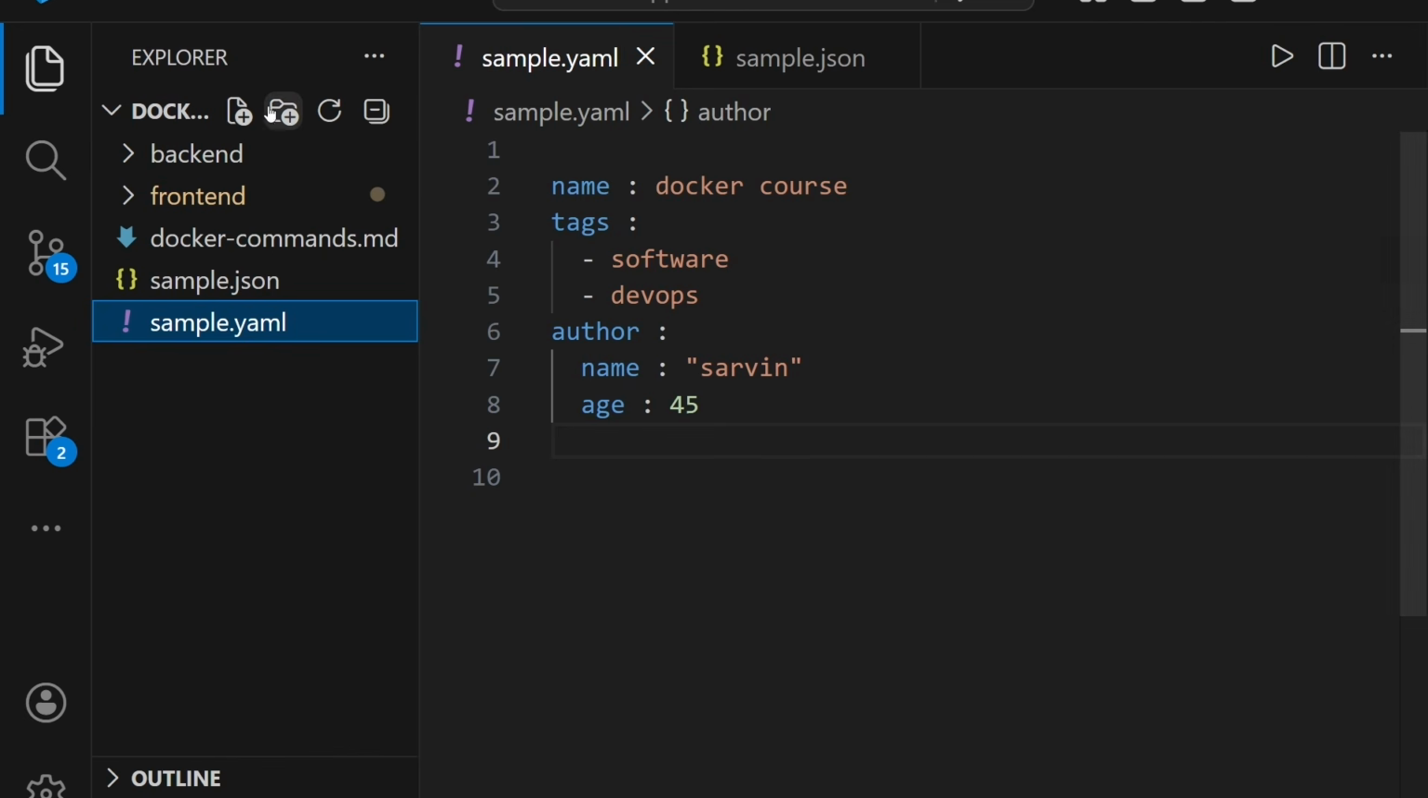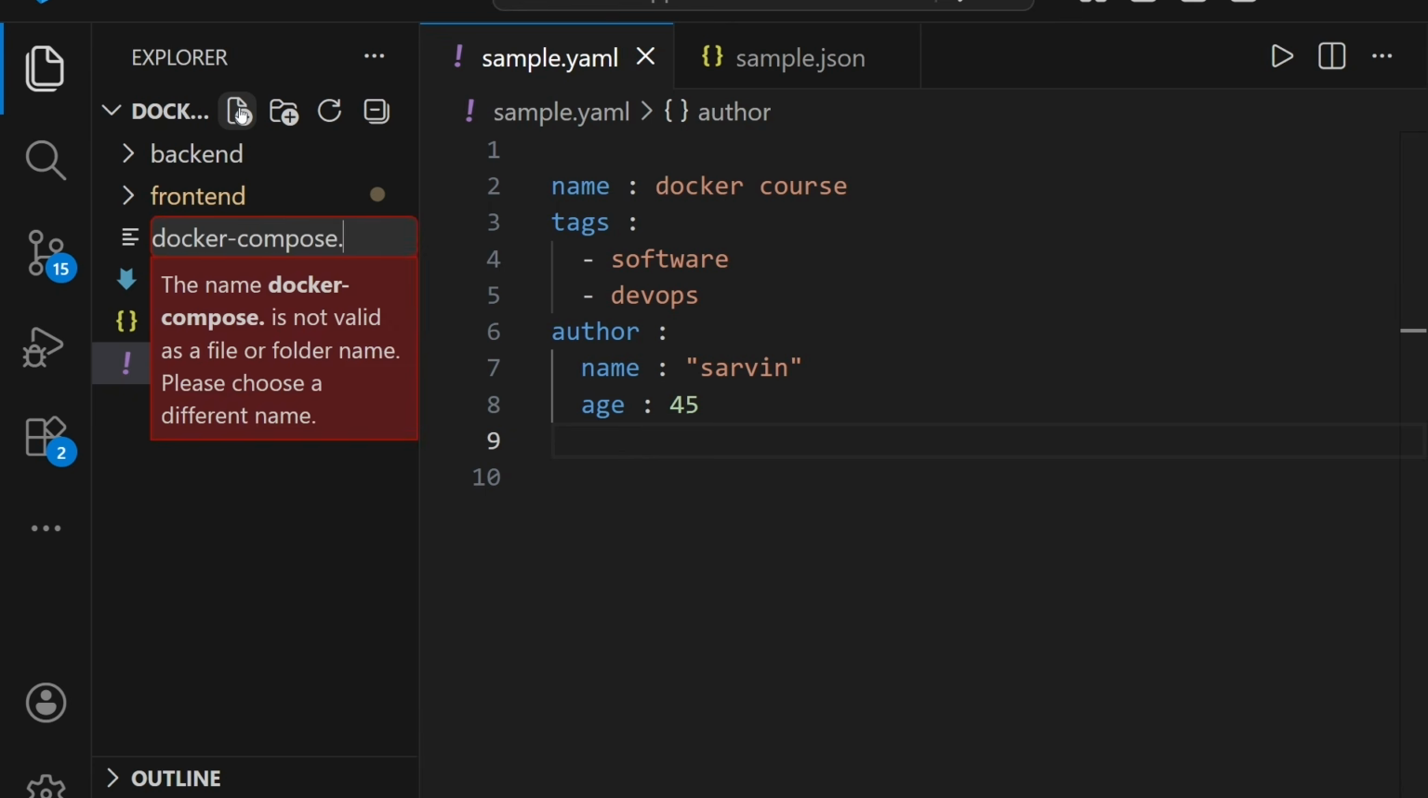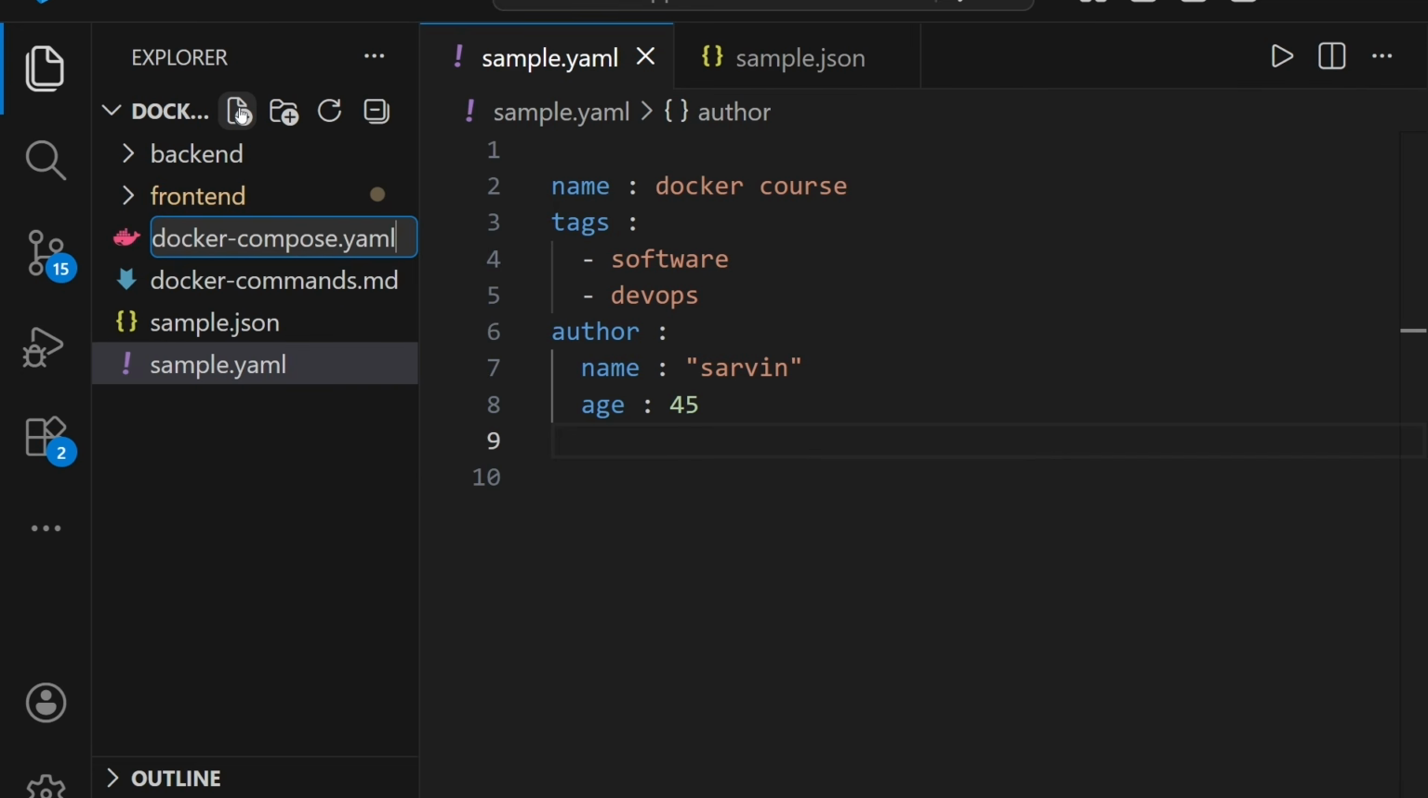The file extension must be .yaml. There is also a common naming convention for Docker Compose files, and usually they are named docker-compose.yaml. As you can see, when I use the naming convention docker-compose.yaml, the file icon even changed to the Docker icon in the editor. But this time I want to use a different name, so I call this file